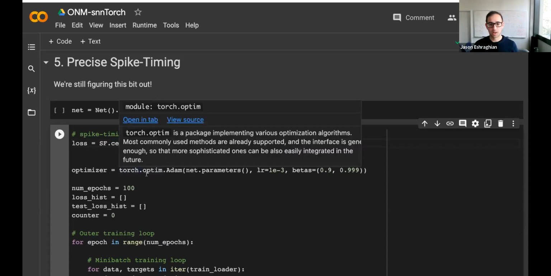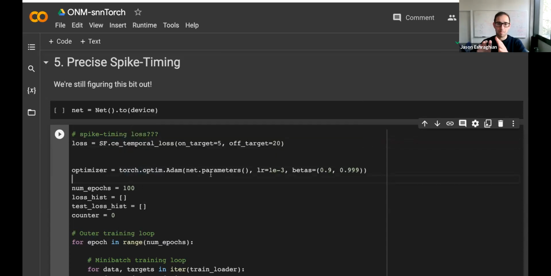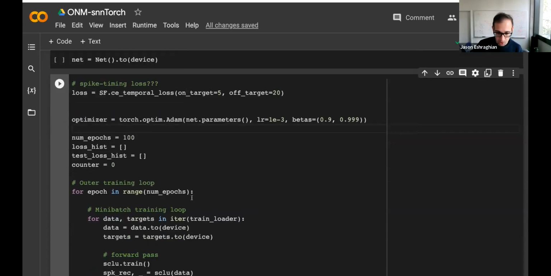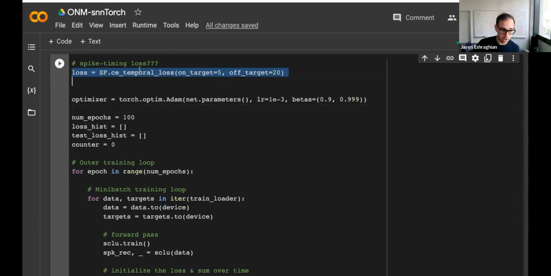Cross entropy temporal loss just tries to, I guess, maximize values. It tries to maximize the time step at which incorrect neurons fire, so it just pushes them all the way to the end. And I've kind of maximized a negative value or a 1 over inverse value to get correct classes to fire earlier. I won't go through this training loop, but it does take a lot longer because we use a lot more for loops to kind of iterate and see where the first spikes occur.